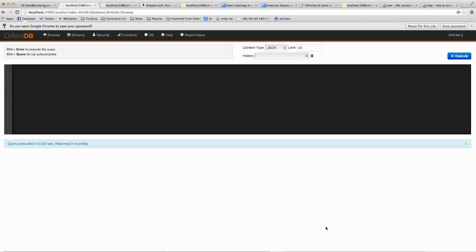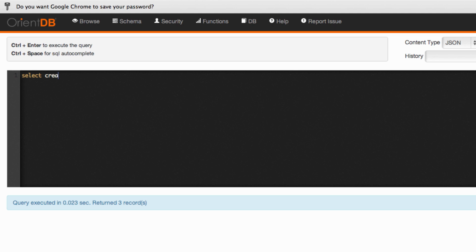Because I decided to use functions, there are a couple of other features that would be useful to cover. It is possible to use functions you created directly from SQL. So I could, for instance, invoke the create article function simply from here by doing something like select create article and then pass in the parameters, which I think was something like 1156, and then maybe I'm thanking the previous guy for posting, so thanks,